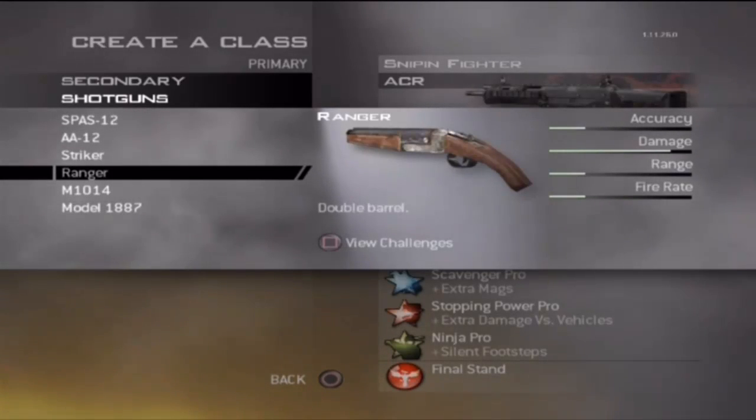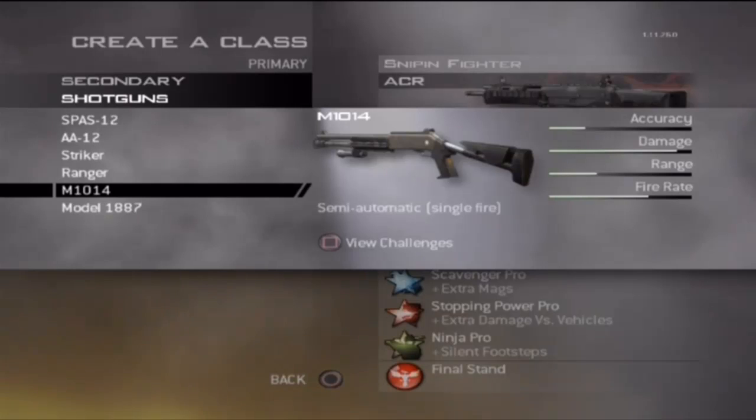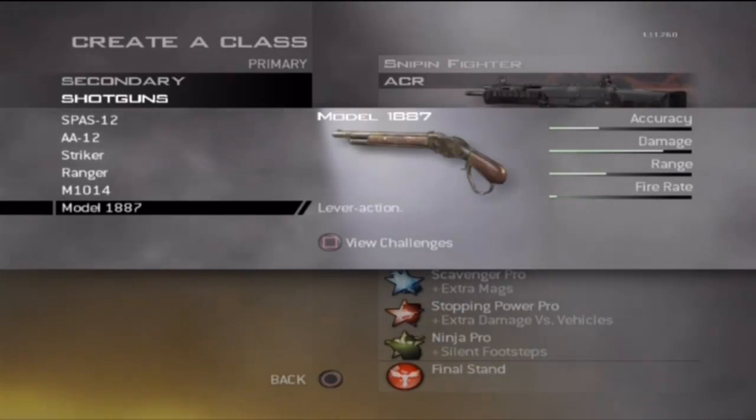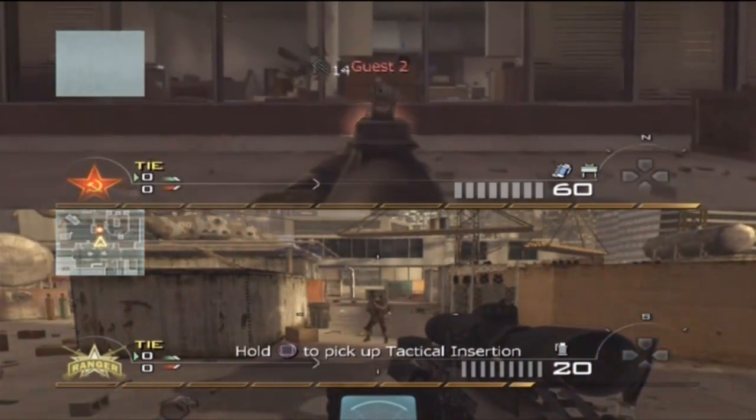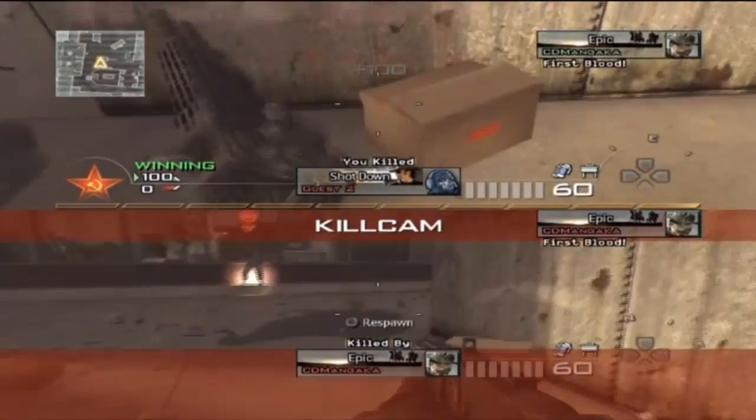Then the hated Rangers. Akimbo, what? Then you have the M1014. And then you also have the hated, now patched Model 1887s. These guns will be tested without the Akimbo feature and with no attachments, no grip, just flat out. And to be honest, what we're looking for here is how far stopping power extends the